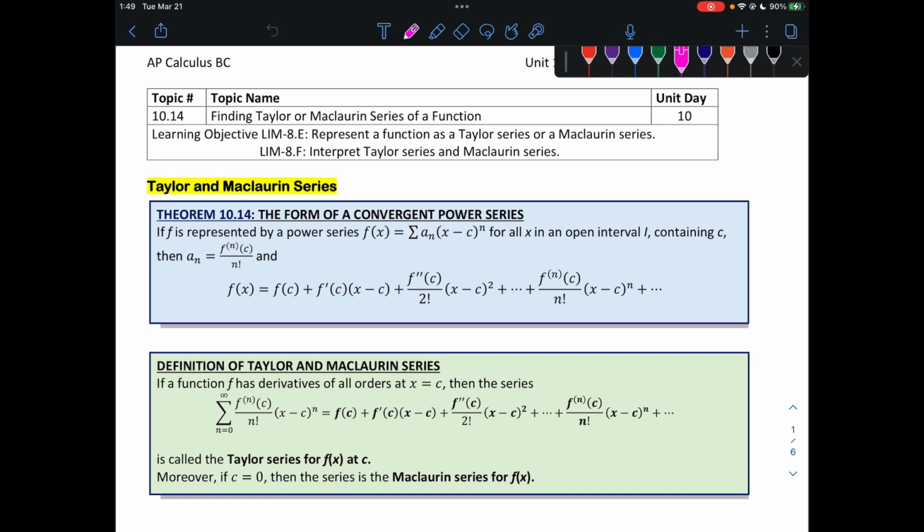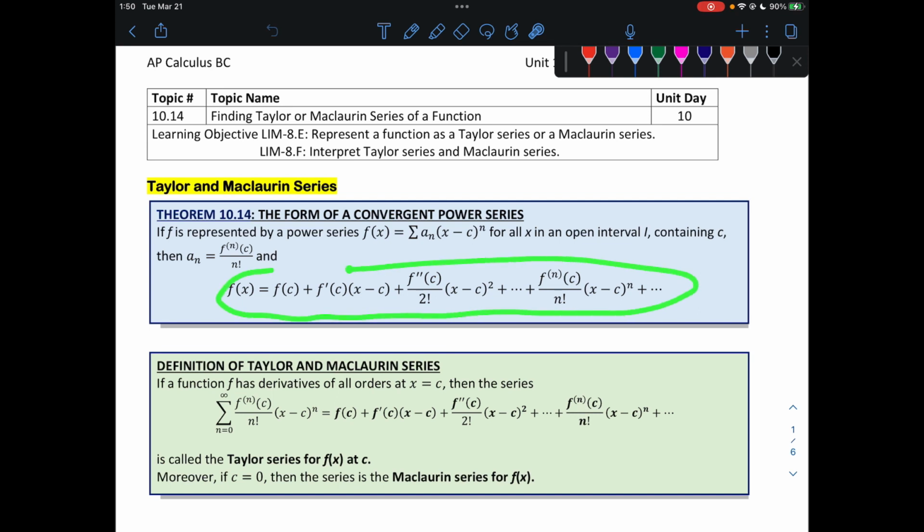All right, so let's start with Taylor and Maclaurin series. Now we've already talked about Taylor and Maclaurin polynomials back in topic 10.11. So we should know how to find a Taylor polynomial or a Maclaurin polynomial at this point. But a series is basically just going to be the summation of that Taylor polynomial. All right, so first of all, the form of a convergent power series. A convergent power series is going to look